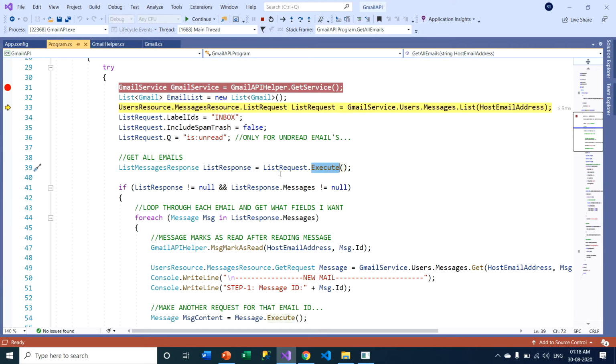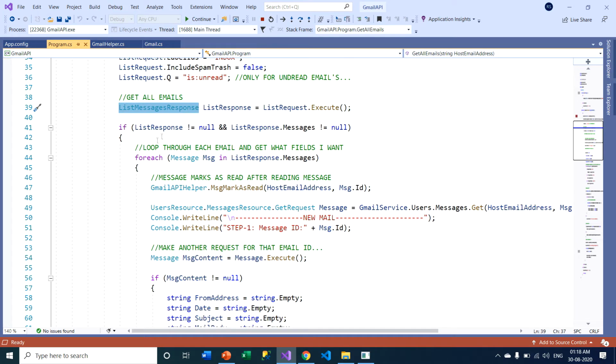After this, the list request object has an execute method. After executing this list request, a list response object will be returned, and this is nothing but a type of ListMessagesResponse. After executing, it will check if list response is not equal to null and list response dot messages is not equal to null. That means whether my mailbox has a mail or not.